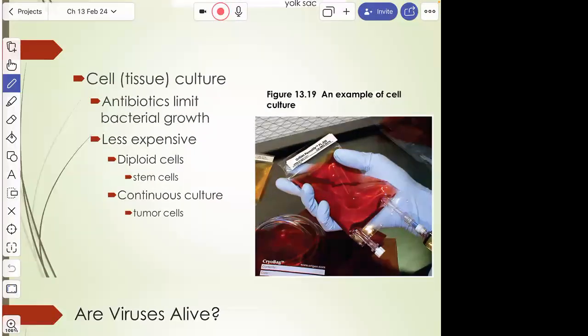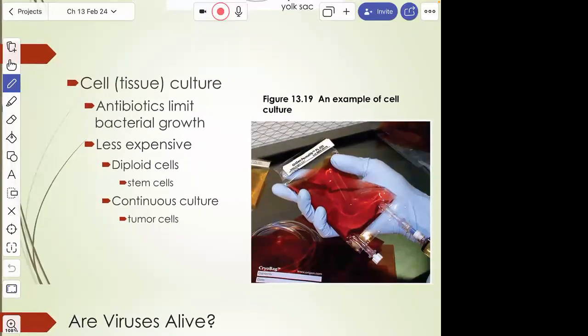Okay, and another way that we grow viruses is in cell culture. Okay, we used to refer to this as tissue culture. Really, tissues are supposed to be several different kinds of cells put together, so it's better named cell culture now. You basically put the media, into